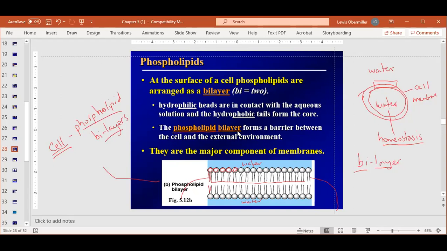So a phospholipid bilayer is 2 layers of phospholipids that allow to have this fat layer in the middle that water can't cross, and that allows for homeostasis, but it allows for a water environment on the inside of the cell and a water environment on the outside of the cell. And this allows us to move things around inside the cell more easily than if it was air. In fact,